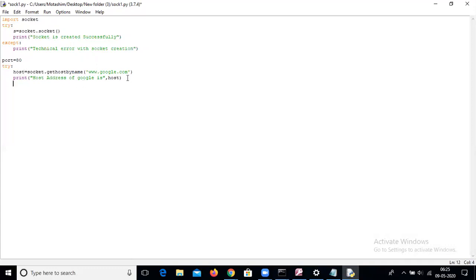Now, if our client is not able to resolve the address, we can handle it by using except, and print: server doesn't respond.